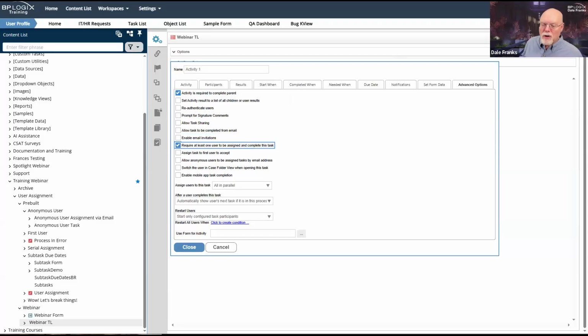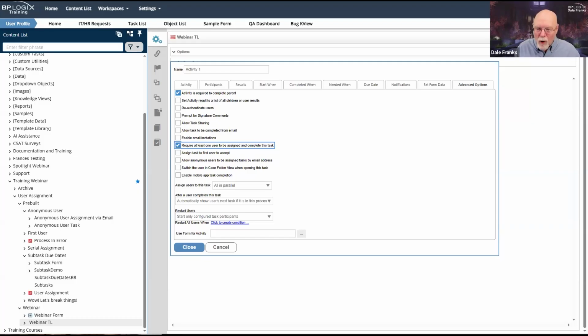Require at least one user to be assigned and complete this task. This seems really innocuous, but don't check it unless you really, really mean there has to be one user who is assigned and who will complete this task. That means that whatever activity you've set up can't have any result conditions. It can't have any completed when conditions because it can't be completed.